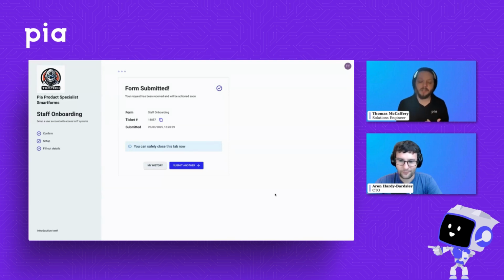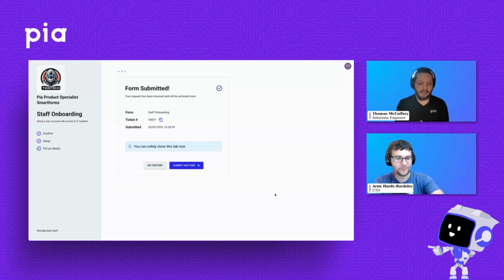So we helped build the automation that essentially says, hey, we're going to take that information. We're going to raise that ticket. We're going to contact the sales team. We're going to put all of that into the service desk for you. The engineer doesn't need to touch it at all. The entire process is now automated, start to finish. So it's just a bit of an idea of the scope of what Pia can do if you're interested, and we can obviously help you along that journey as well.